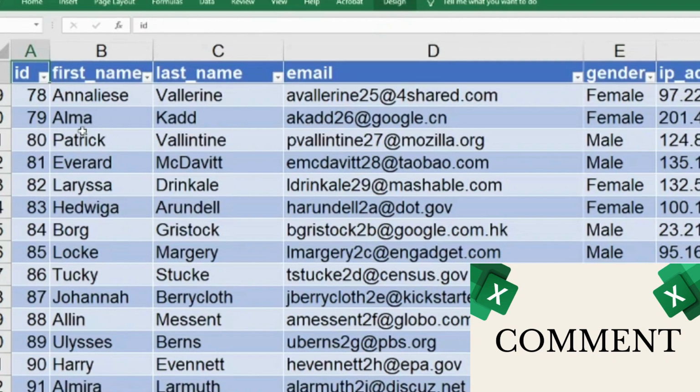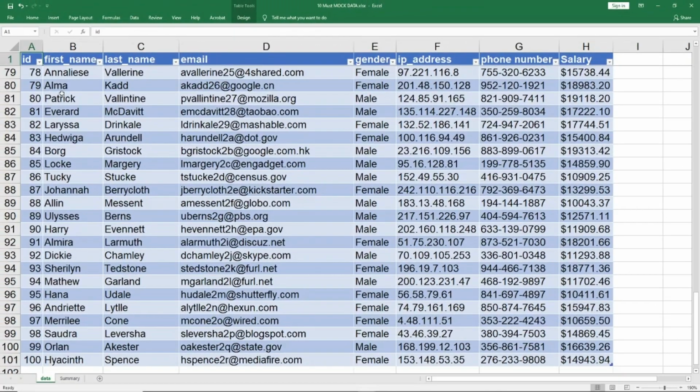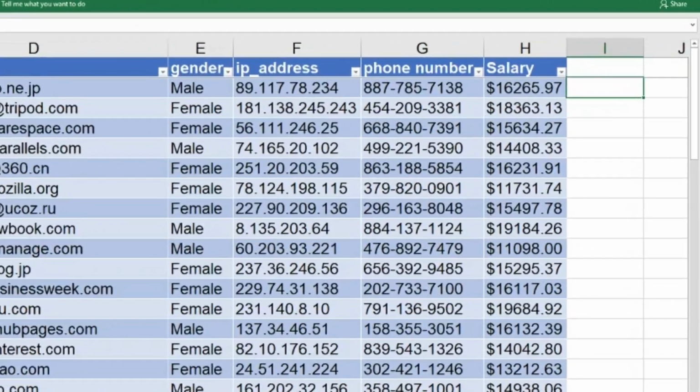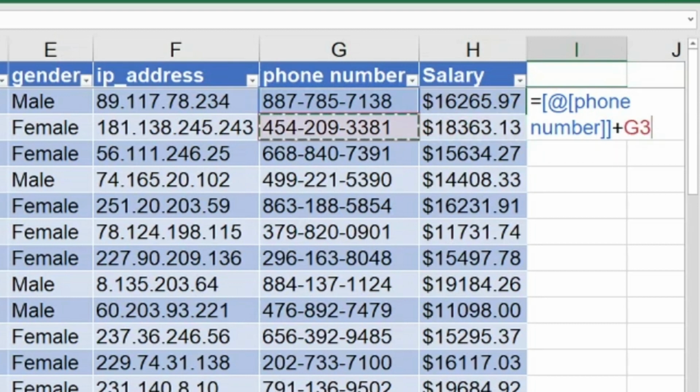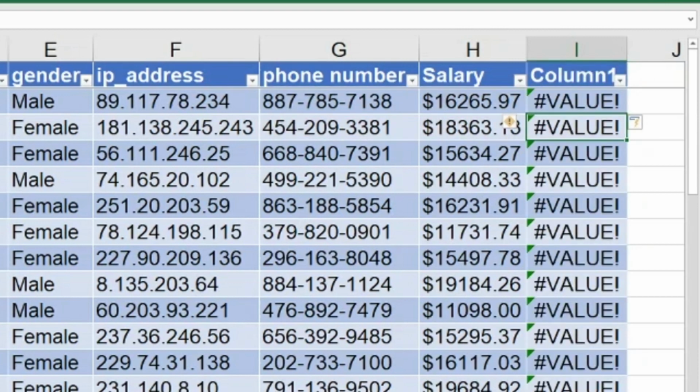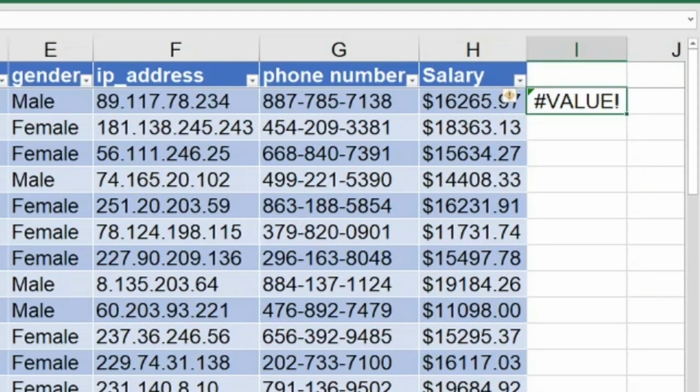I will just show one example here, and for others probably I'll make another video just demonstrating the tables. Now the benefit is if I say I want to subtract or add this number to the next row and I hit enter, you'll see the entire column has been inserted. Right now it's giving me an error. I will tell you why, but at least I know that my entire work will be done. I won't have to do the entire thing.